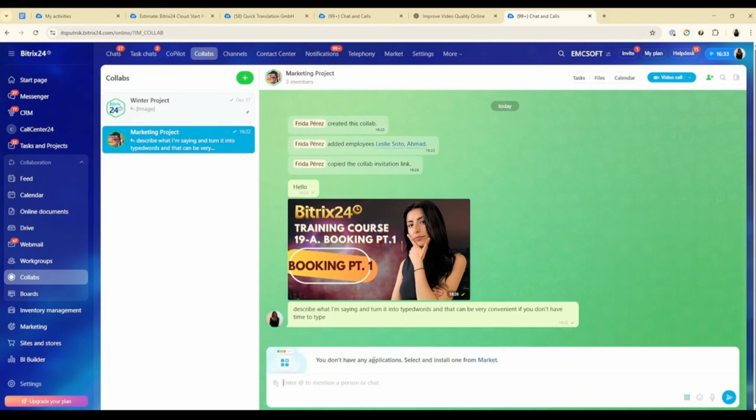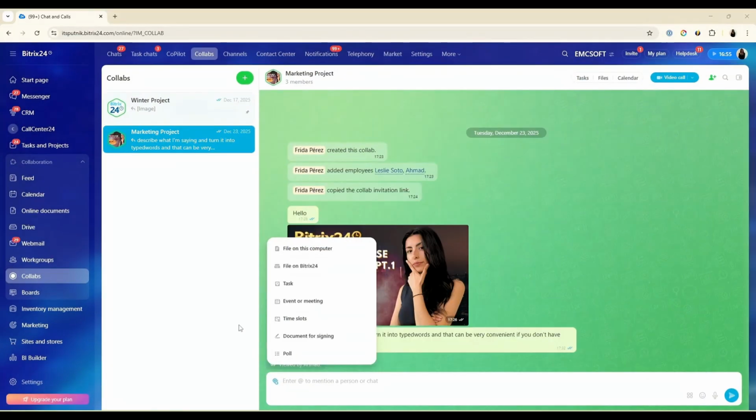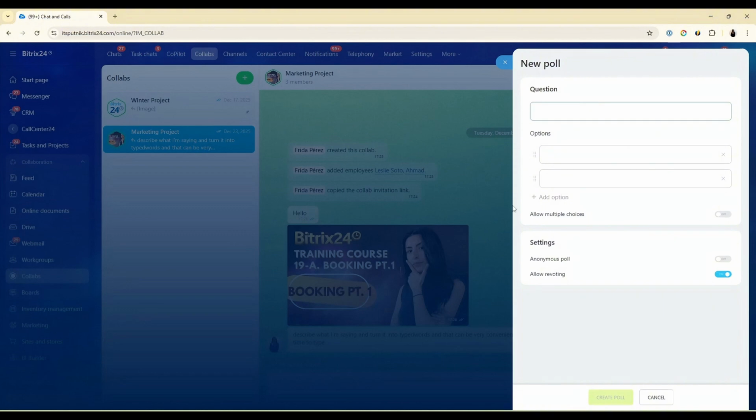And here you can access any applications. In this case, we don't have any, so that's why we don't see any applications there. And of course, you can create a poll. And I will now show you exactly what poll is. So basically, you can add a poll here. So we'll say, for example,